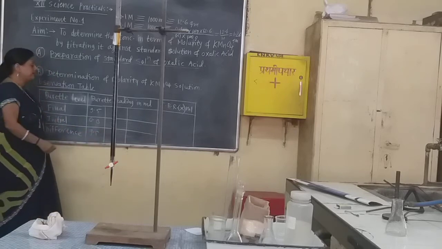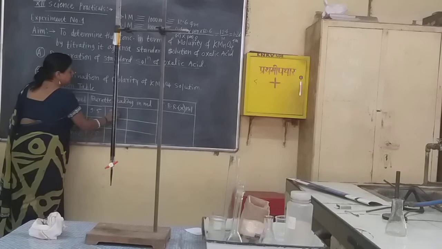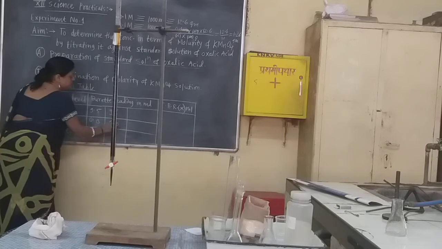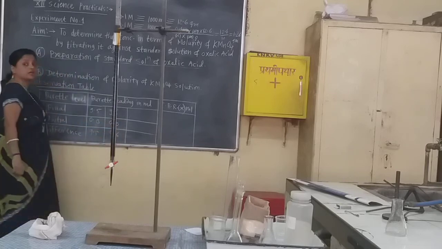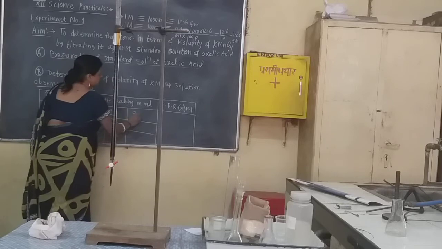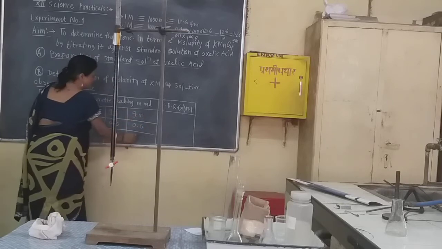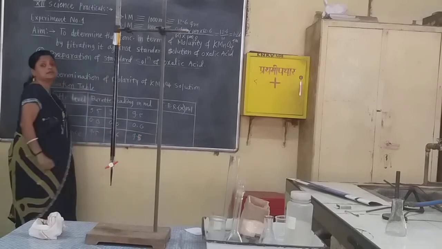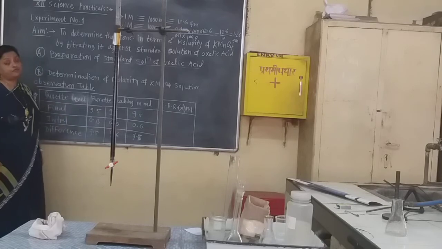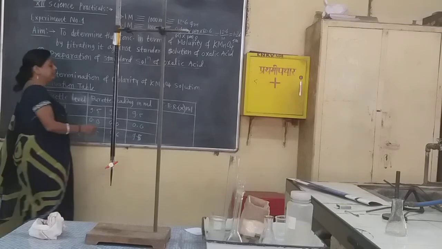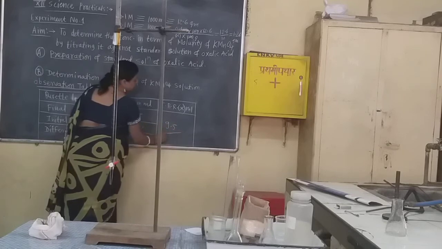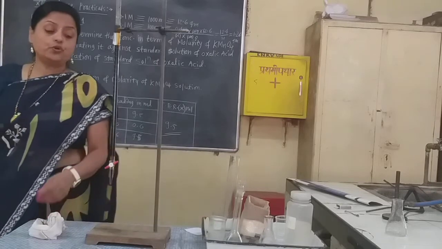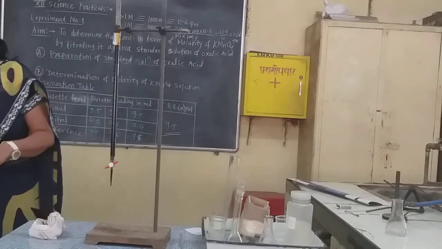Now in the second reading, the end point is about 9.6. Then this is the initial and the difference is 9.6. Again the third reading is 9.5, 0.0 and 9.5, suppose. So the constant burette reading is 9.5 now. You can take the mean also, and it comes to the constant burette reading 9.5 ml. Now by taking the constant burette reading, you have to do the calculations here.